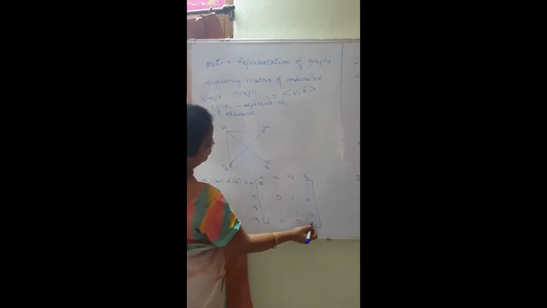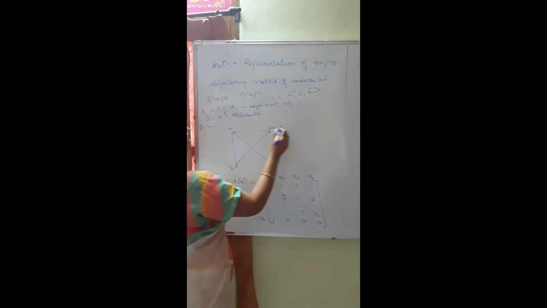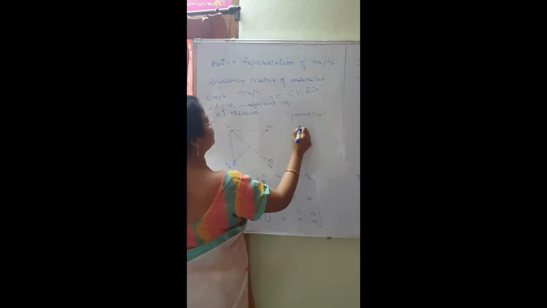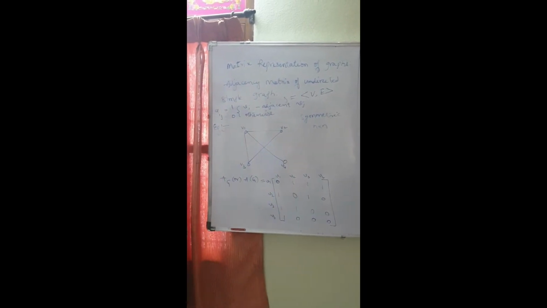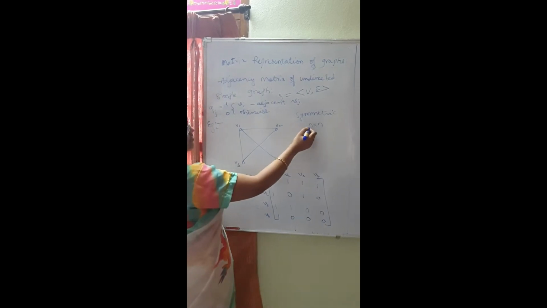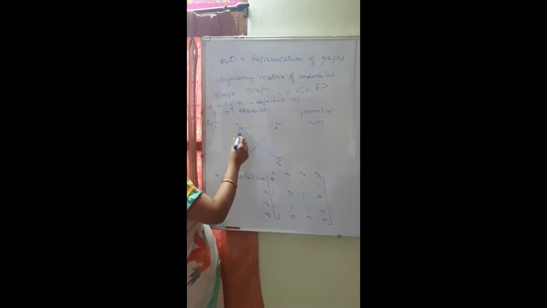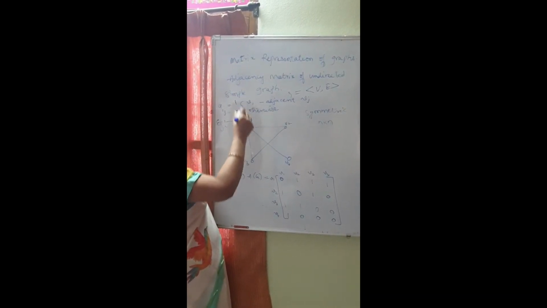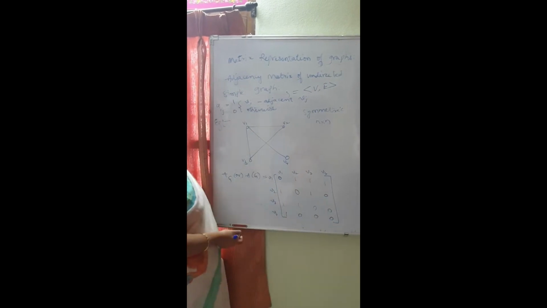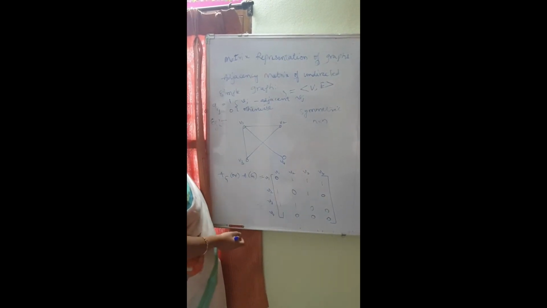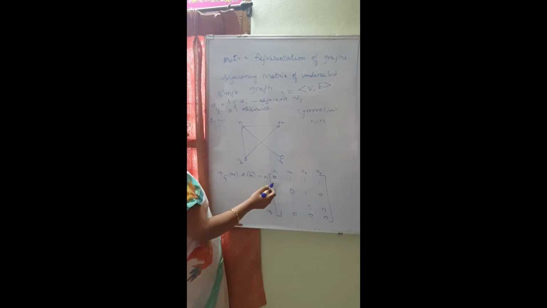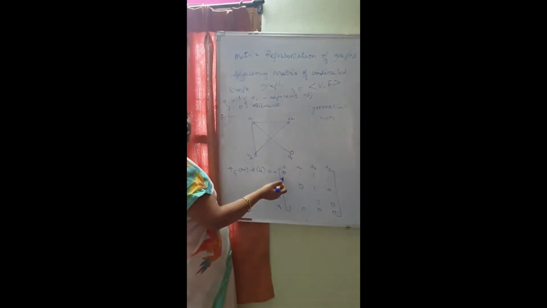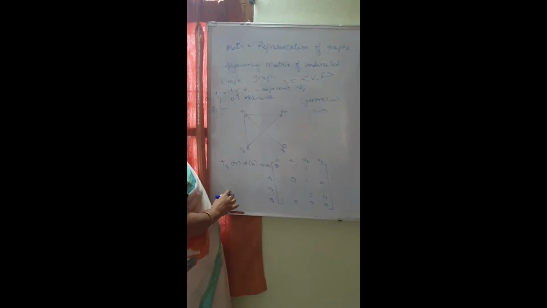V4 to V4 is 0. And if we observe here, the adjacency matrix is always a symmetric matrix of order n by n, where n stands for the number of vertices. Here we have 4 vertices in the graph, therefore the adjacency matrix representation of the undirected simple graph is a 4 by 4 matrix, and it is always symmetric. And we can observe from this matrix that if all the principal diagonal elements are zeros, then it represents that there are no loops at any vertex.